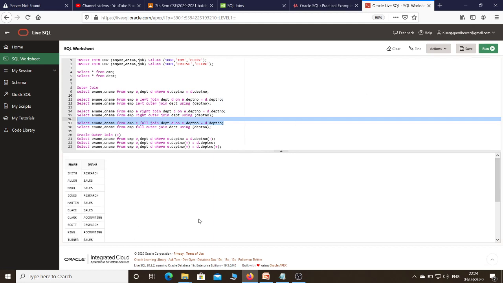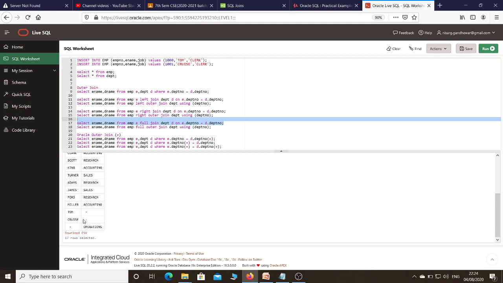So what is the expected output? Can anybody guess? I will get 14 rows which satisfy the join condition, plus I will get 3 different rows: one row for Tom, one row for Cruise, and the third row is for the operation department. Let's check whether we get a total of 17 rows or not. Yes, we got Tom and Cruise, which is data only present in the employee table, and operation, which is data only present in the department table.